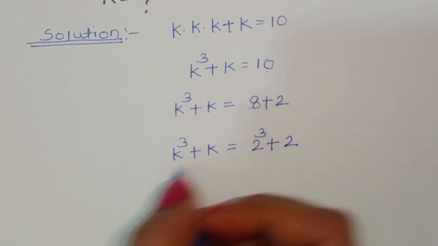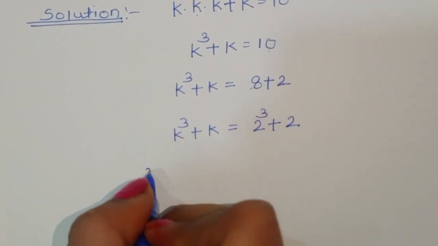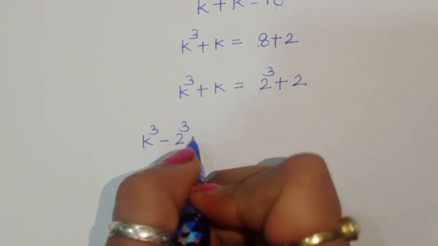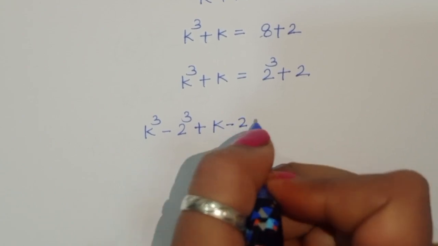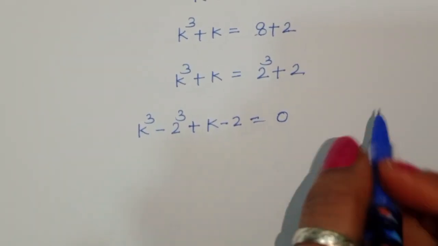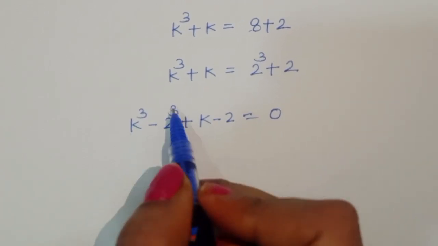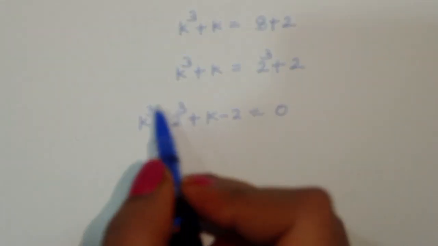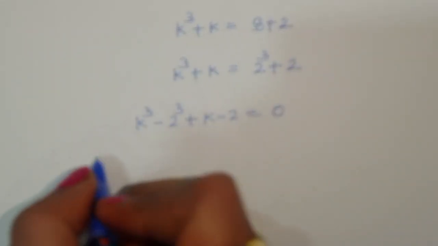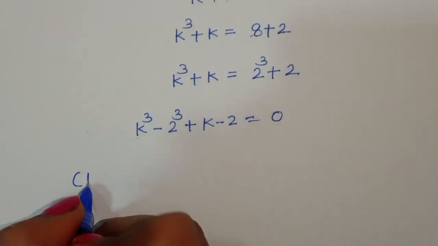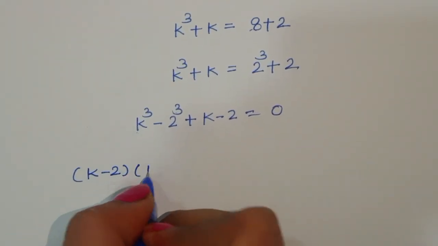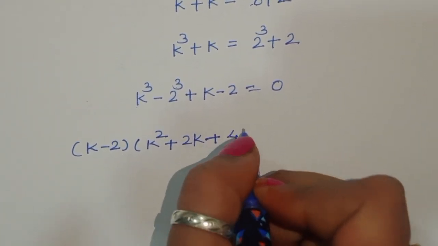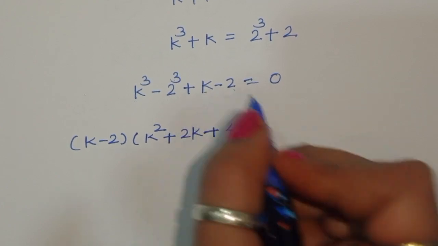So k cube plus k is equal to 2 cube plus 2. Now k cube minus 2 cube plus k minus 2 is equal to 0. This is the formula of a cube minus b cube, so we can apply the formula of a cube minus b cube here. The formula gives k minus 2 times k square plus 2k plus 4, plus k minus 2